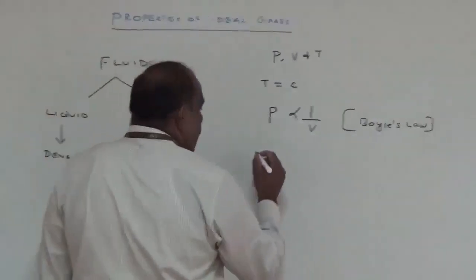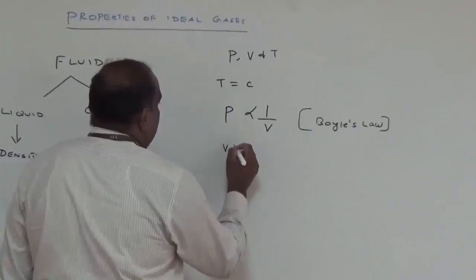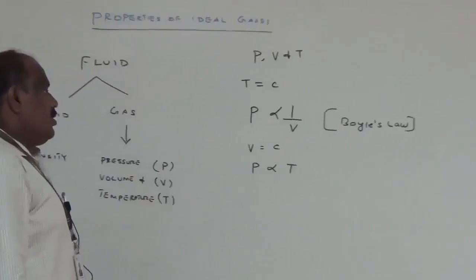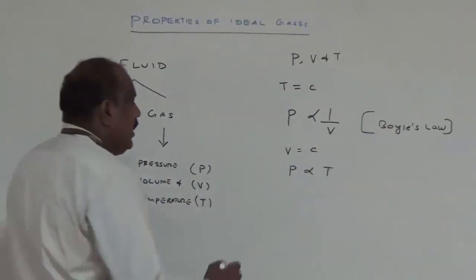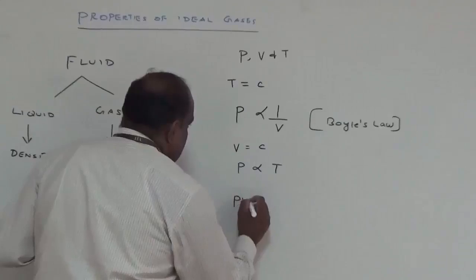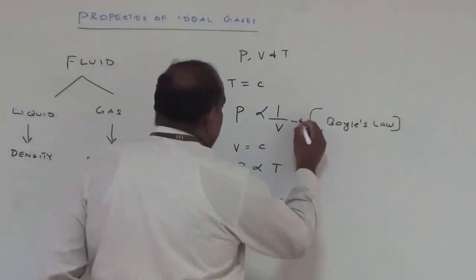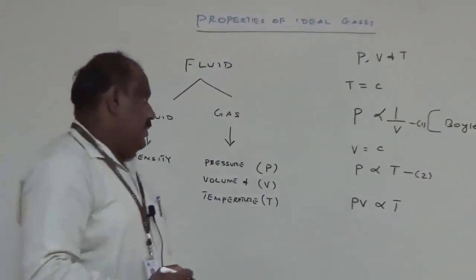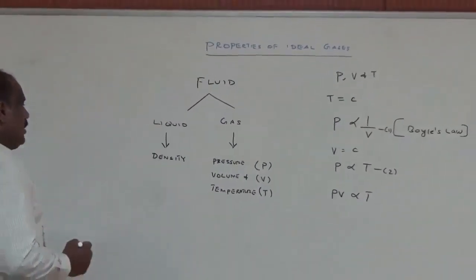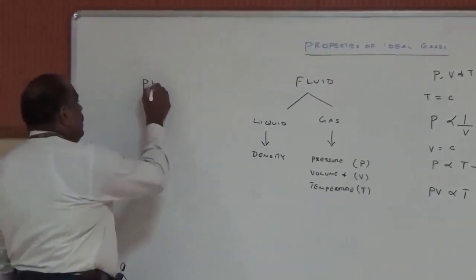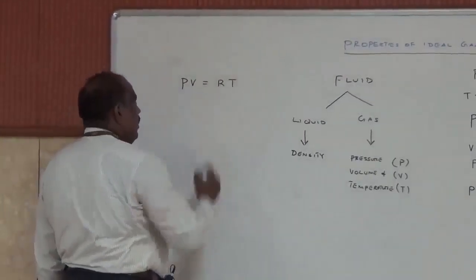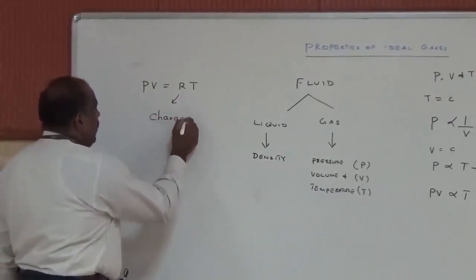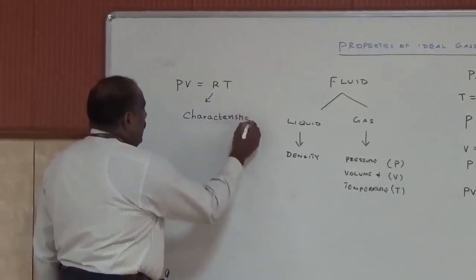Similarly, at a constant volume, the pressure will be directly proportional to the temperature. So we are going to combine these two laws, then I will end up with PV is directly proportional to T. If we want to remove this proportionality, I have to introduce a constant, so it will be equal to RT, where this R is called the characteristic gas constant,